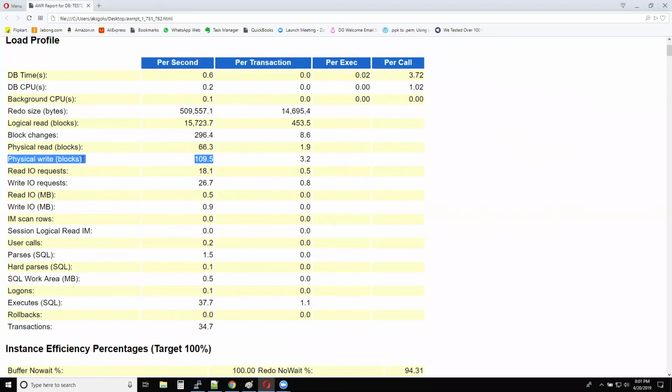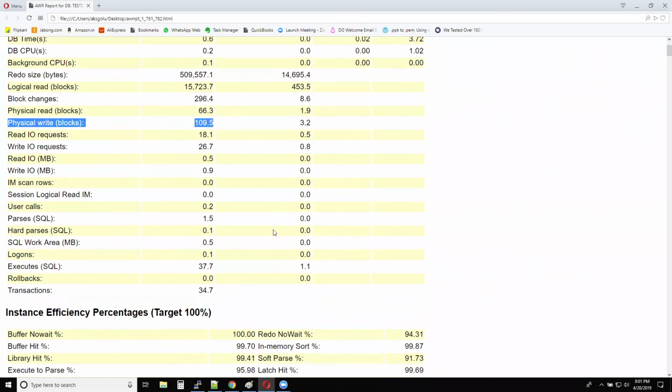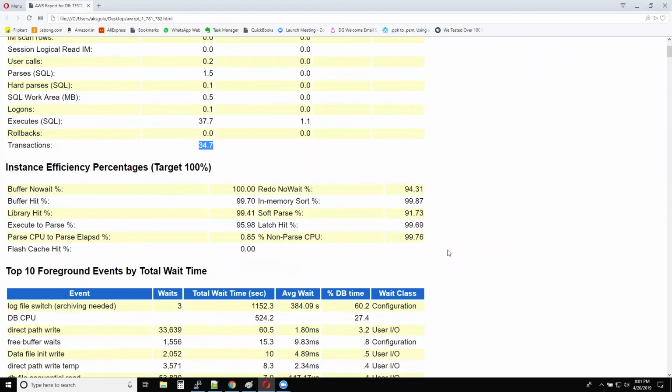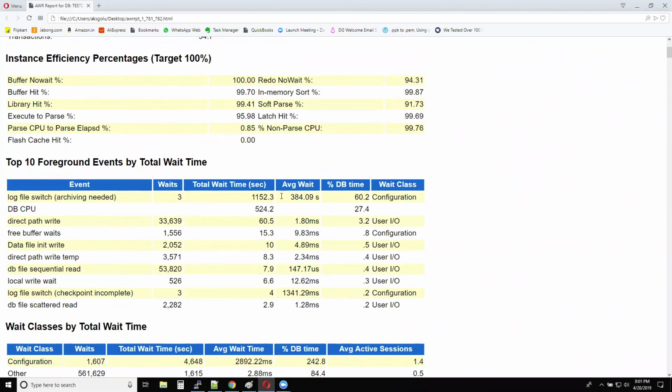There were a lot of physical writes compared to the physical reads, and 34 transactions per second. That means something huge was going on. I see the log file switch event, which means log switches were causing a lot of database wait time. You can see the wait time here, and 60% of the total wait time inside the database was caused